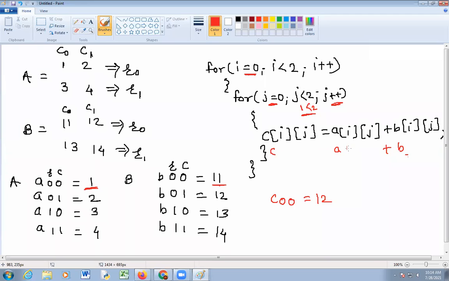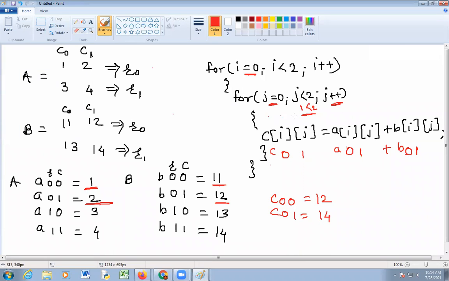So A of 0, 1 plus B of 0, 1. So A of 0, 1 is 2 plus B of 0, 1 is 12. 2 plus 12 is 14, stored at C of 0, 1. So C of 0, 1 is equal to 14.